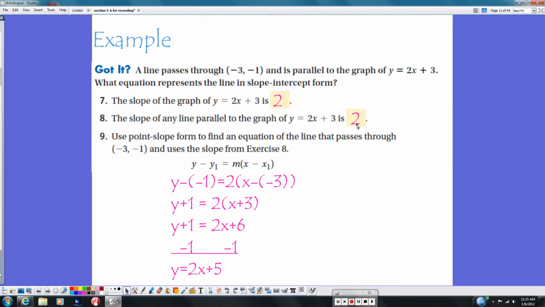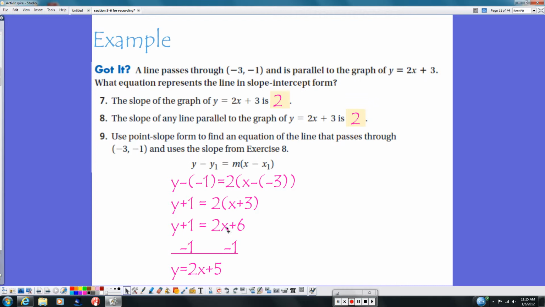going to be 2. And now, since we have a slope and we have a point, we use point-slope form to come up with the equation. So we have y minus a -1 equals 2 times x minus a -3. We fix our double negatives here, so we now have y plus 1 equals 2 times the quantity x plus